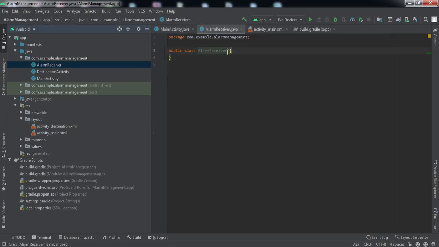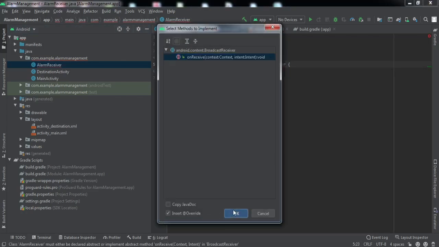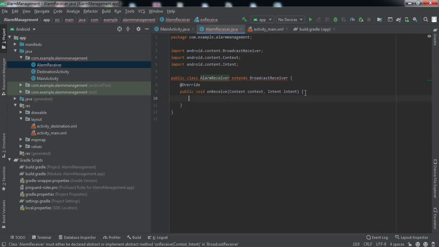This class will extend the BroadcastReceiver class, right? Now we need to implement a method, so Alt+Enter, implement methods. There's only one method, onReceive. Whenever this particular notification is pushed, the code that is inside this onReceive method will run. So here we'll make a notification builder and we'll show the notification. But